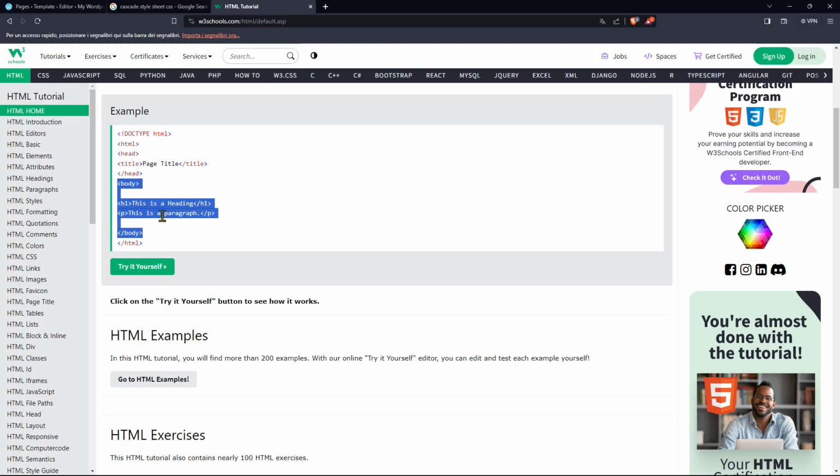Now in the body, we have the content, like a paragraph like this. This is a paragraph. So you have always opening and closing tag. And then this is a heading. Now all this is taken care of by WordPress. You don't need to write a single line of code if you're working with WordPress, but at least you know